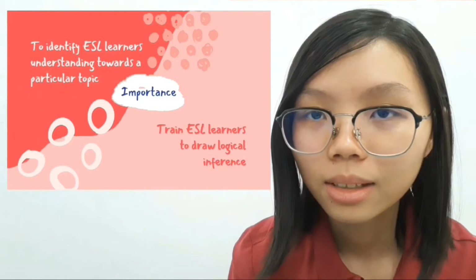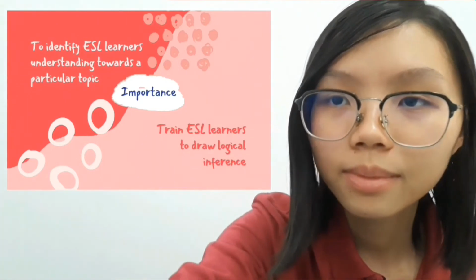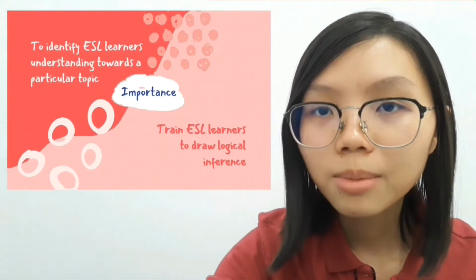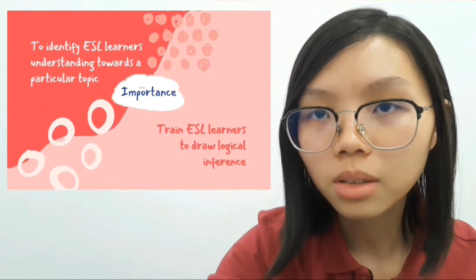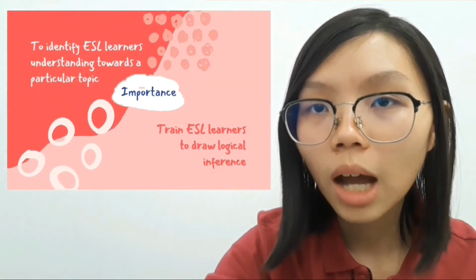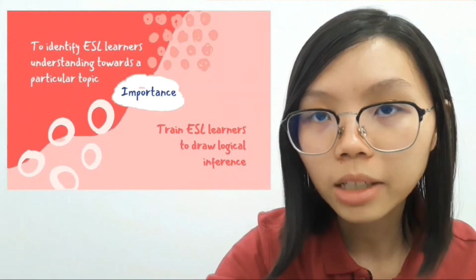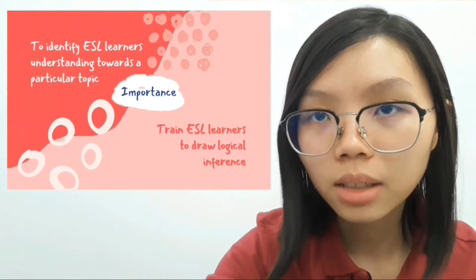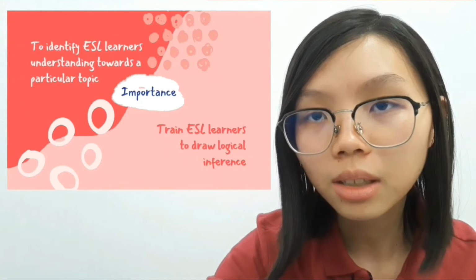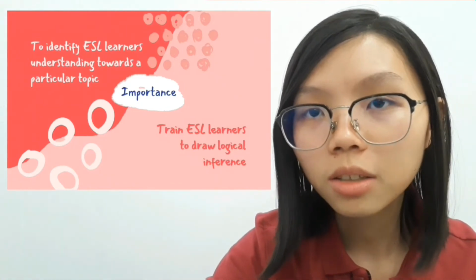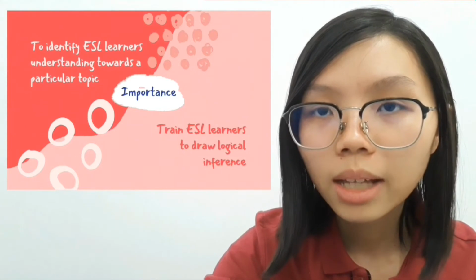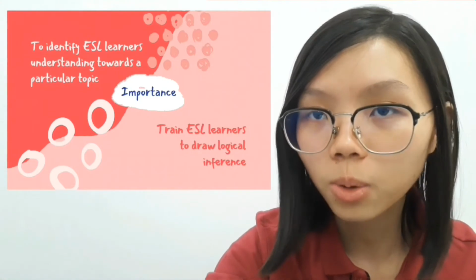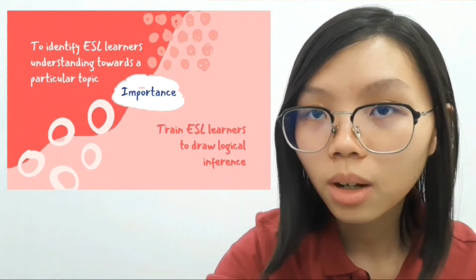Okay, so hence, in conclusion, entailment is important for teachers and students. First, for them to understand their own level of understanding, to let them know if they understand the topic or not. And the second is to help them develop their critical thinking skill in drawing logical inferences so that they can give opinions that are logical and also good. I think that's all from